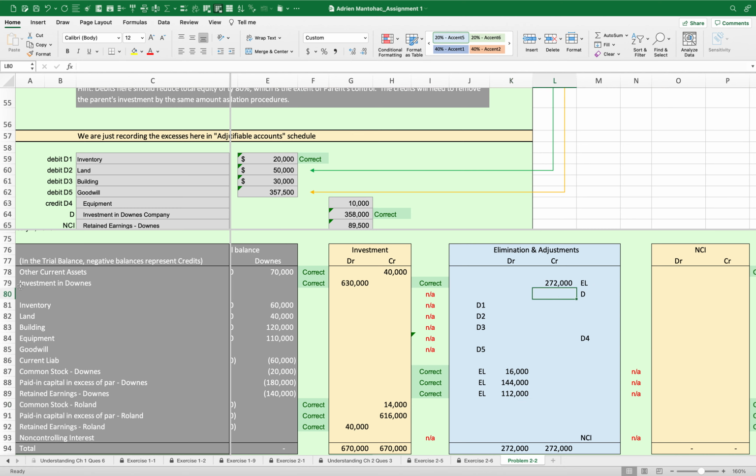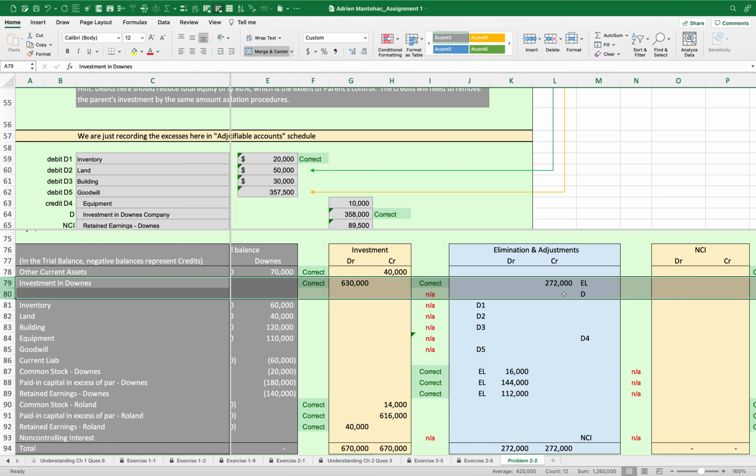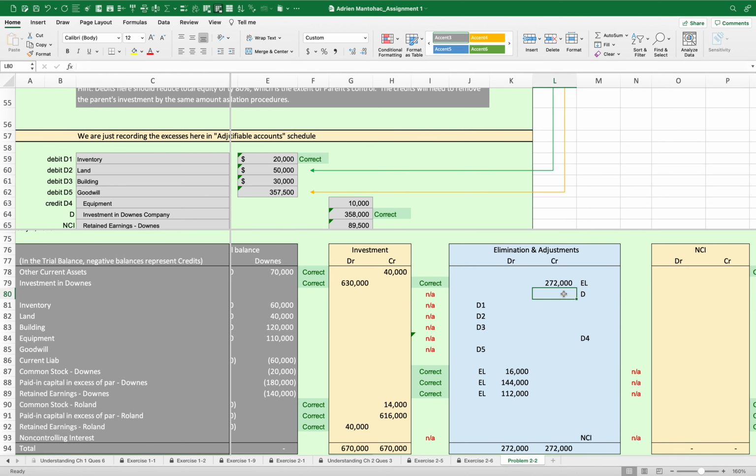Again, I've provided you with two lines here. I hope you can see that because this is really one account. We're really just affecting investment in Downs. And again, this goes down by 358,000. And we increase the non-controlling interest share by 89,500. We reduce the value of equipment, sure enough, 10,000. Again, we're not going to put negatives here because we're in the credit column, which automatically denotes reduction for assets. And then we're going to record the remainder